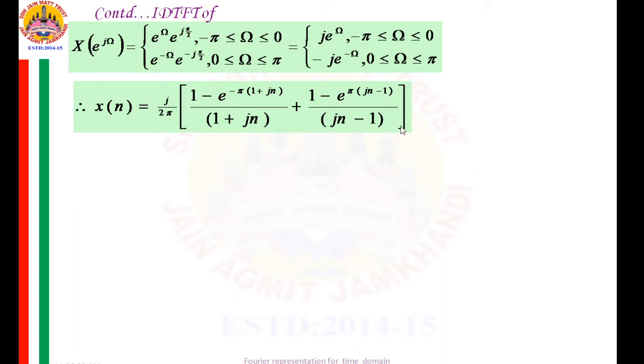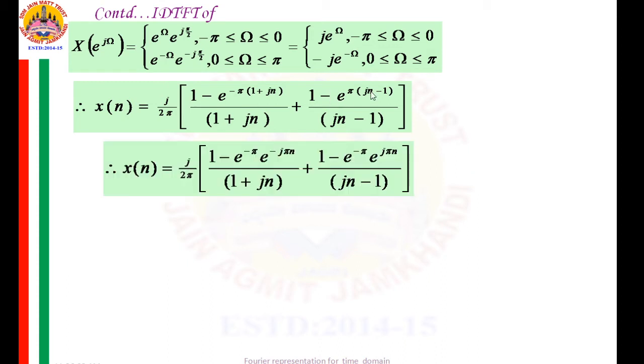So that limit was from pi to 0, and when you substitute for pi, this minus term, this minus minus plus, and this minus becomes plus here. So Jn upon Jn minus 1. Now we cross multiply both the terms, this by Jn minus 1 and this by Jn minus 1. So first to this one I will multiply by Jn minus 1, then to this term I will multiply by Jn minus 1. Similarly for the second term I will do.